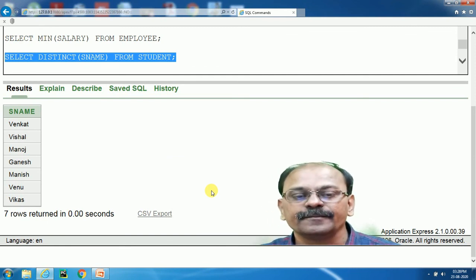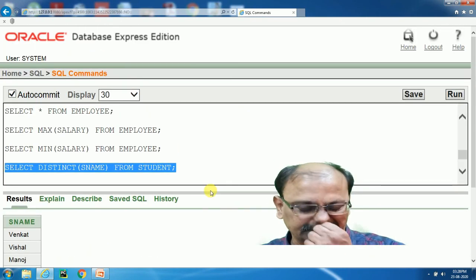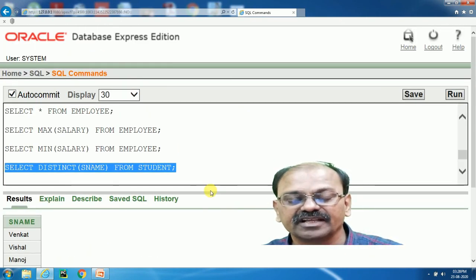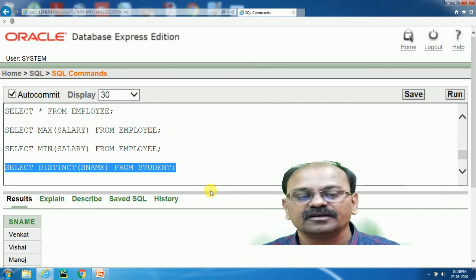Now we have seen the different types of group functions. Now we will